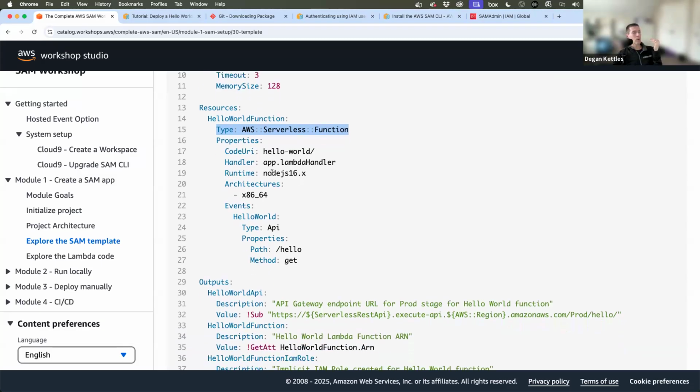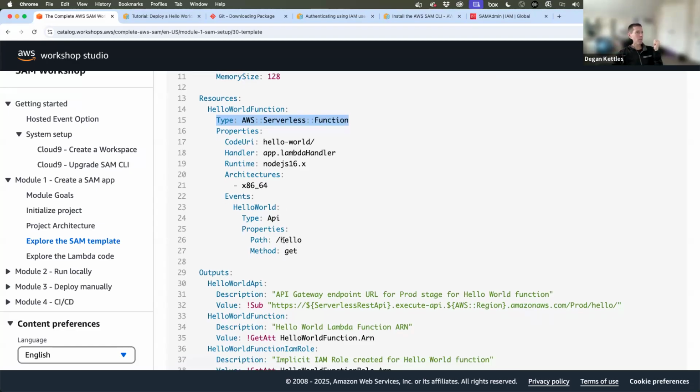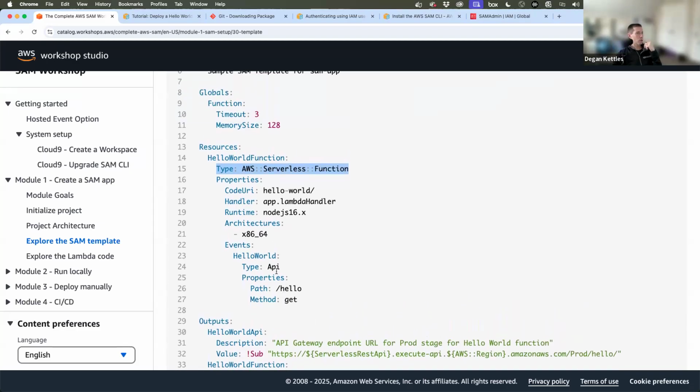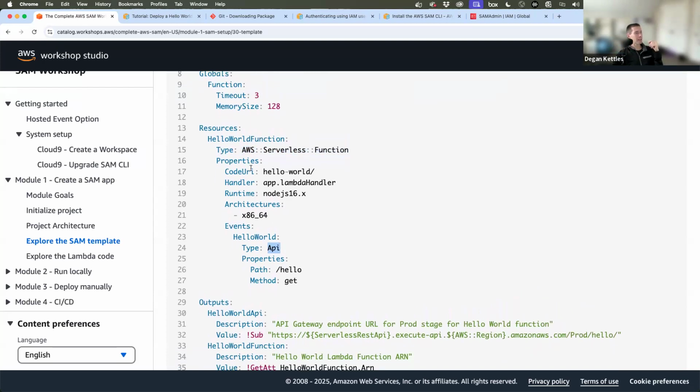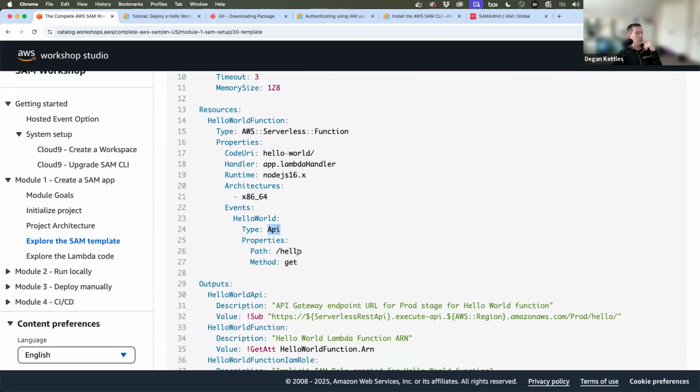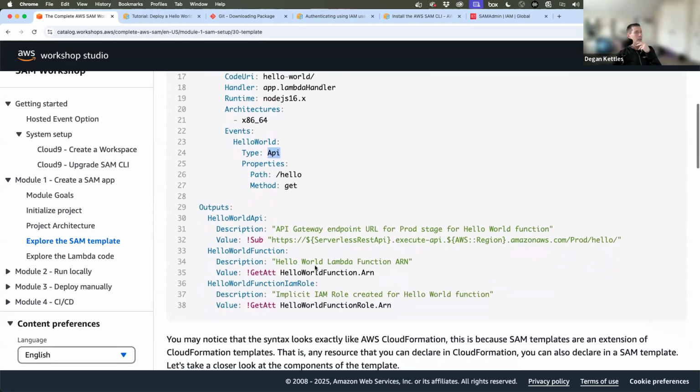It's saying whenever we run this function, we want it to run in a certain container that has a certain programming language installed in it. And let's see, events. It says that there's going to be an API call that can access this. We're going to name our API hello world, and the way to get to it is by doing the URL that gets created /hello, and then it says that it's going to create some outputs when this stuff is